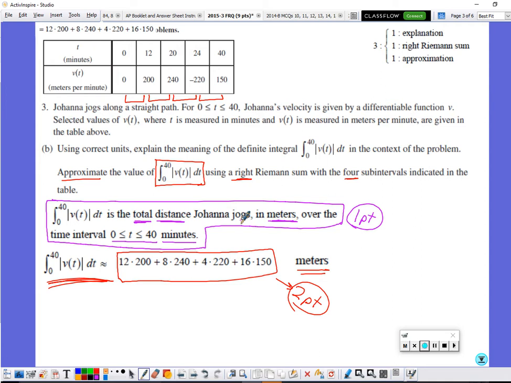Yeah, that one's fine. I think they'll give it to you, but you need to be careful. Only the process is the absolute value. So you only want the absolute value around the